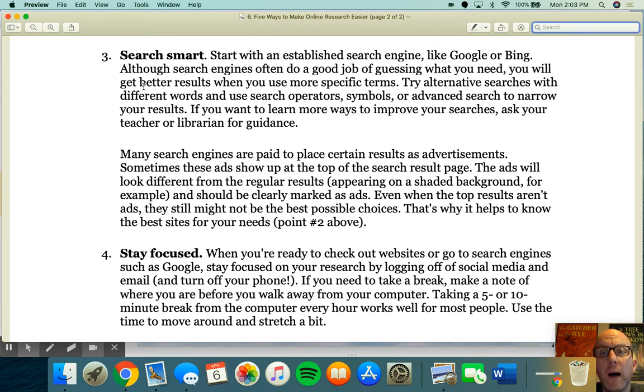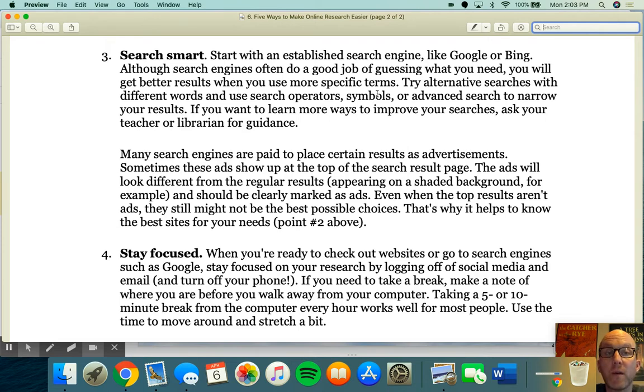So the way that you search in Google is going to help you, right? What you see up here is using different symbols, different phrases. If you use complete sentences in your search, then it's going to be harder for you to find specific information versus being a little bit more specific.